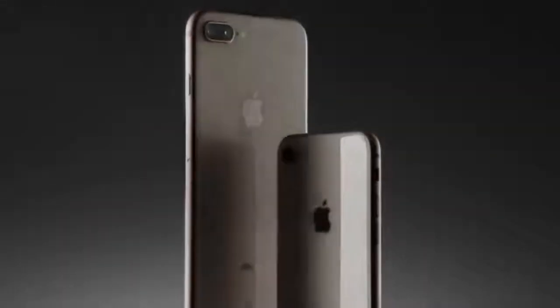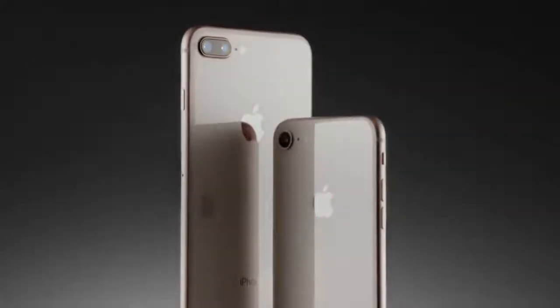Very exciting day for Apple today. They announced the new iPhone 8 and 8 Plus, as well as the new iPhone 10 10th Anniversary Edition. So in this video, I wanted to give you guys a very in-depth look at these devices, how they compare